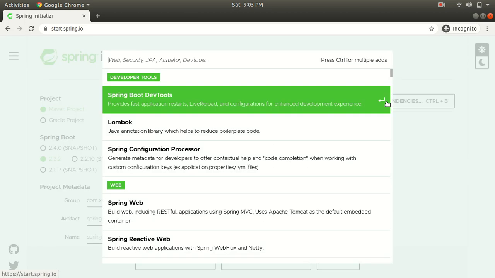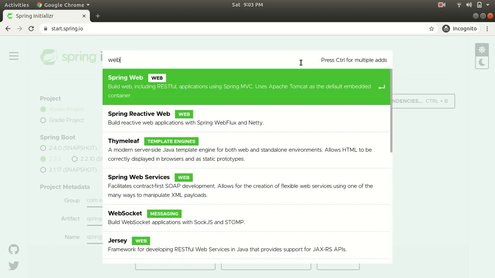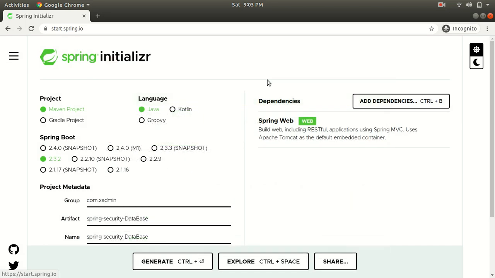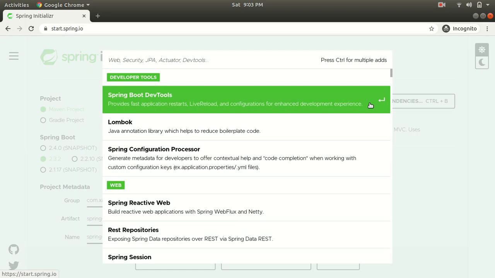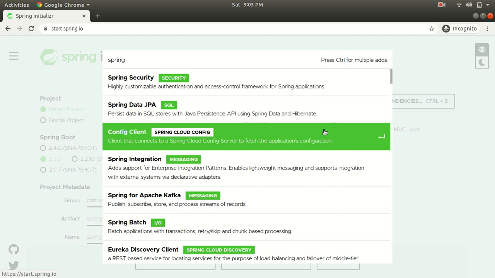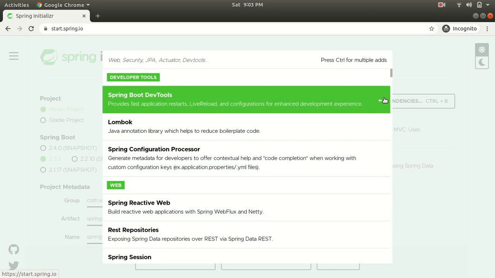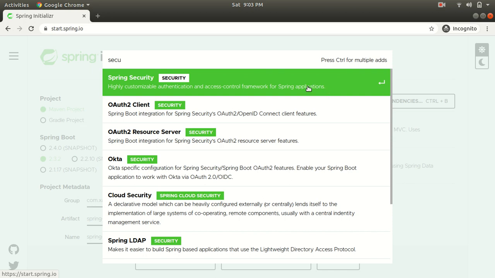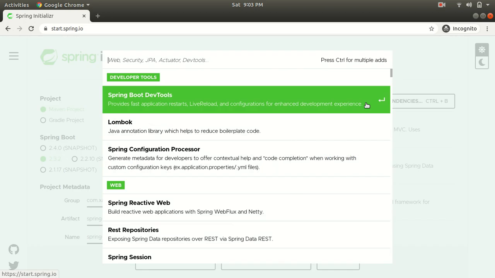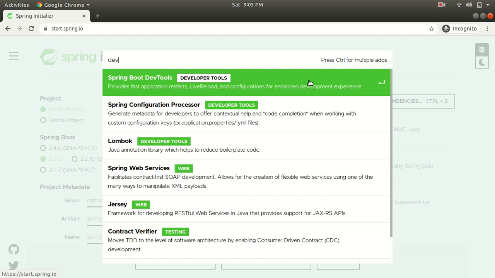And now guys, I will add the dependencies. First of all I will add Spring Web, I will add Spring Data JPA, I will add Spring Security, I will add Dev Tools.